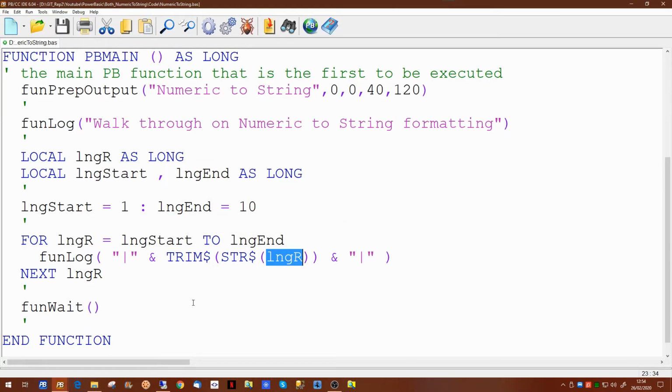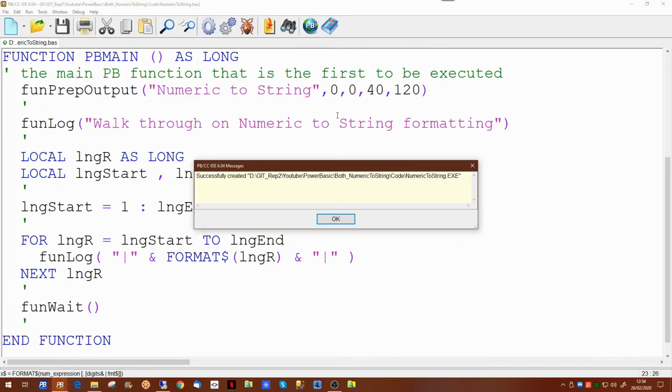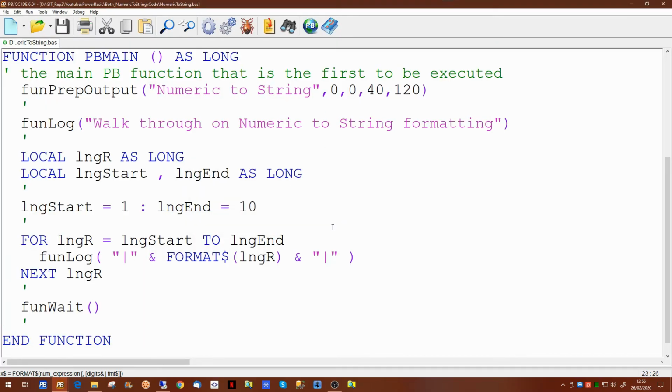Now, are there any other ways of actually doing this? Well, if we go back to our original, we can use the format command. The format command would do exactly what we did with the trim and the string command. However, the format command can do even more. If we're going between, say for example, 1000 and 1010, which would print out as you would expect,